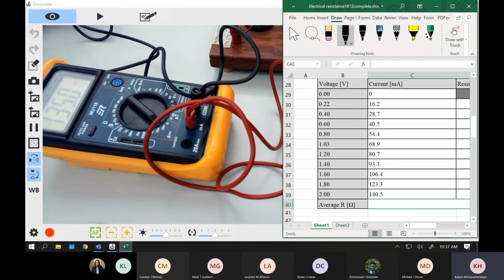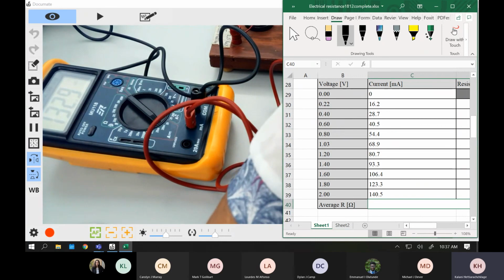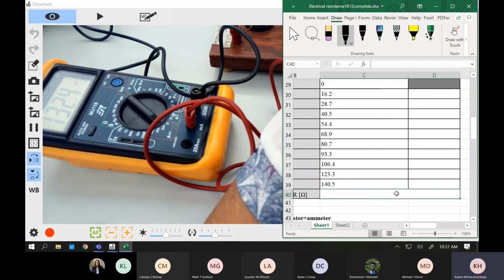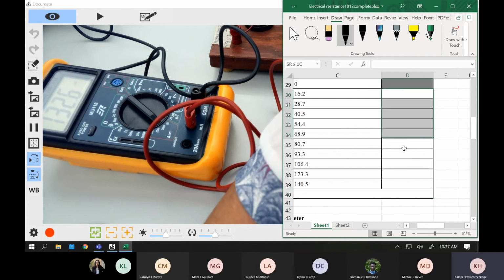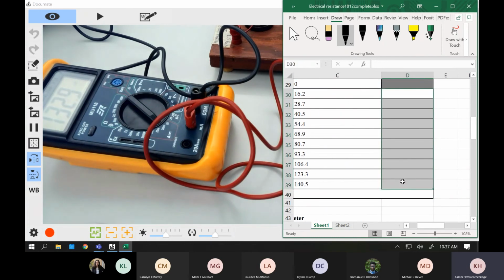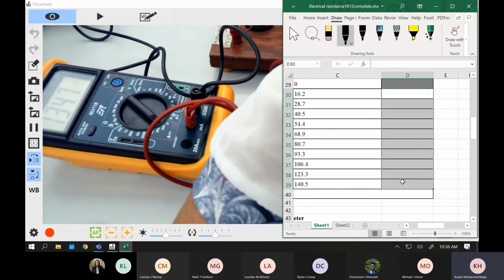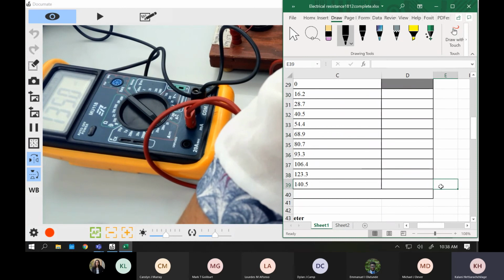Okay, so now when you go home, you need to calculate the average in Excel. If time is still remaining, I can go over those. But since our setup is very time consuming, I'm going to skip the calculation for now. So for the rest of the calculation, you're going to plot V as a function of I and then calculate the slope. That will be your resistance, and you can find the average resistance by calculating the resistance. Resistance is basically V over I. You can directly calculate it in Excel. If time allows, we're going to do that at the end. Otherwise, you are going to do that at home.